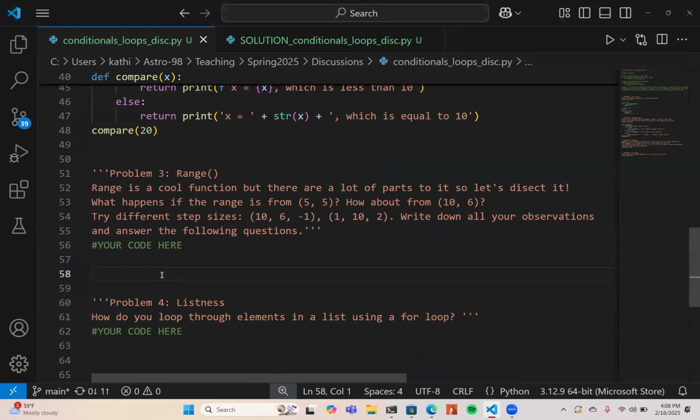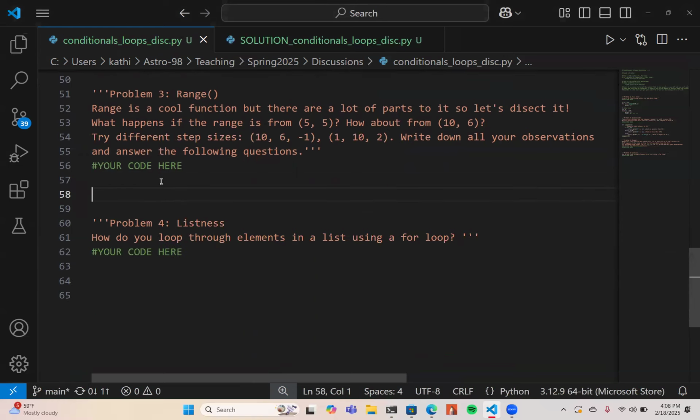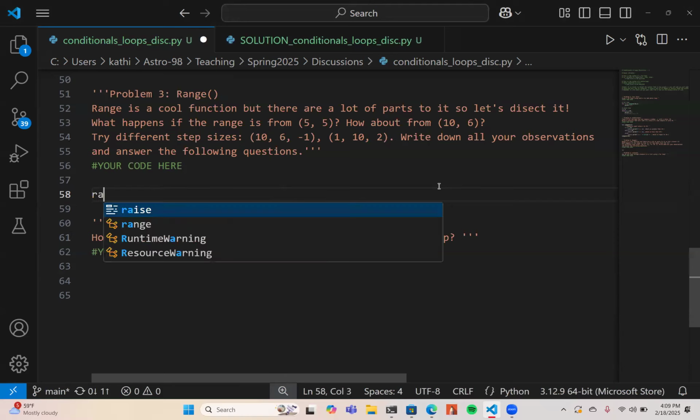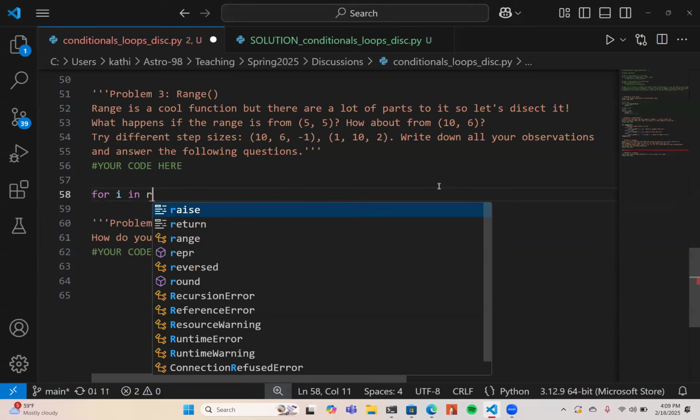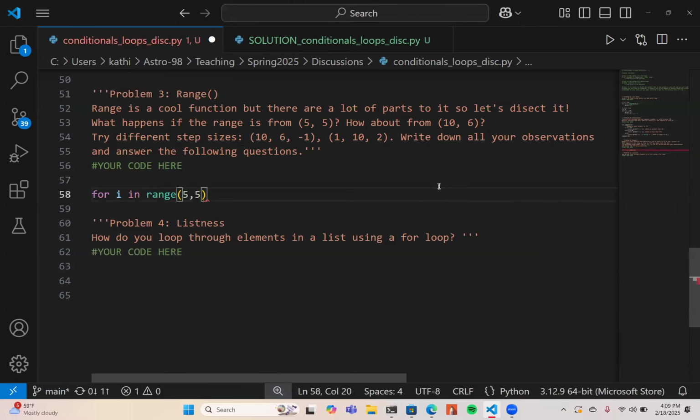Okay, so for problem 3, we're going to go over range. It's a cool function because range essentially allows you to go from a start to a stop value with a certain step. So it's pretty similar to slicing. So the first part, what do you guys think would happen from 5 to 5? If you were to say for i in range 5 to 5,